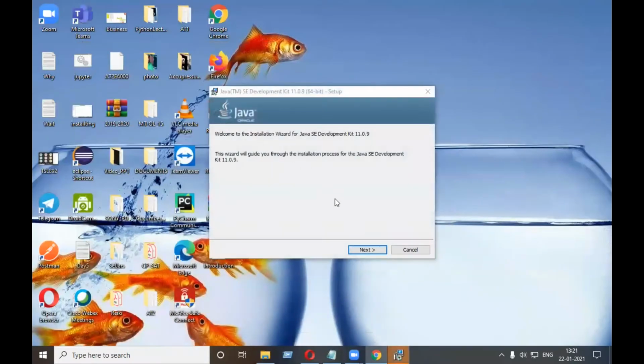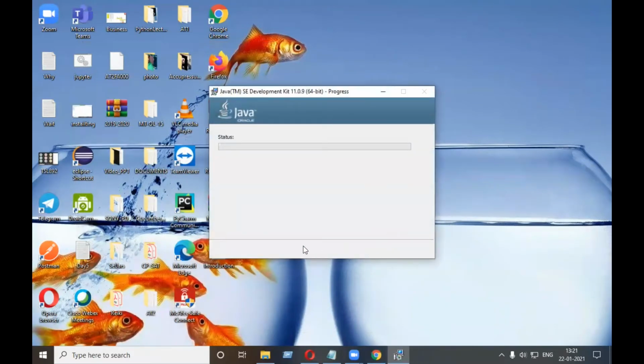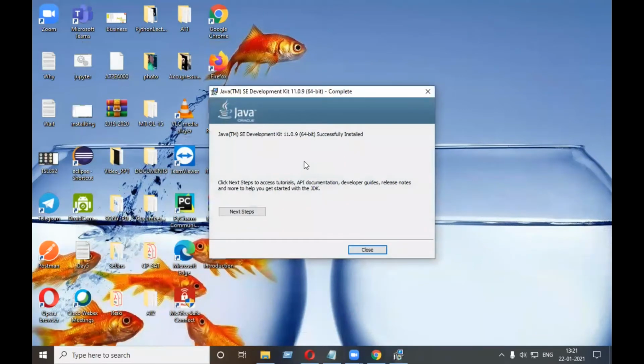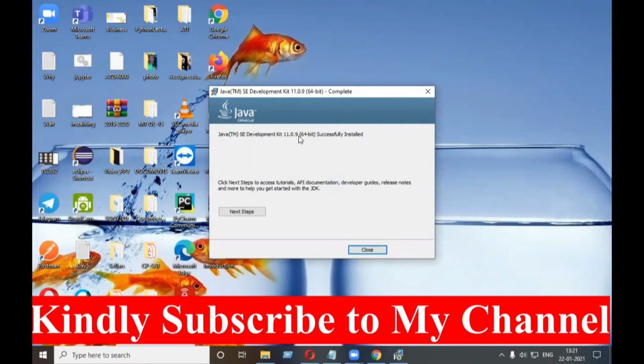It is preparing to install. Click on the next button. Click on the next button. And the installation process started. See here, Java SE Development Kit 11 successfully installed.